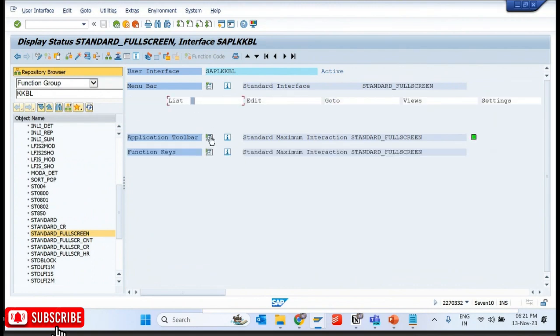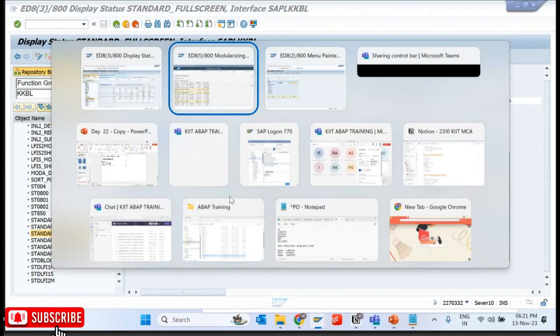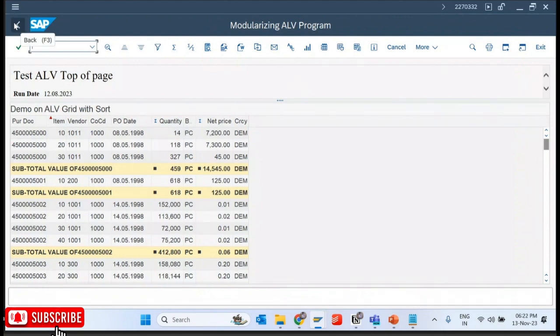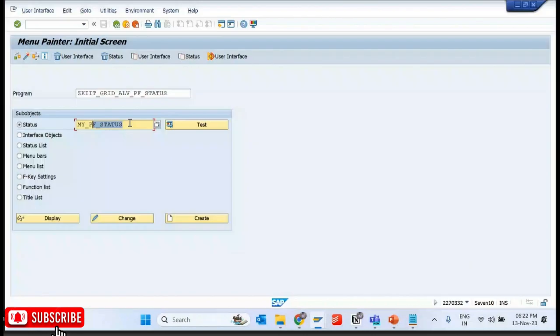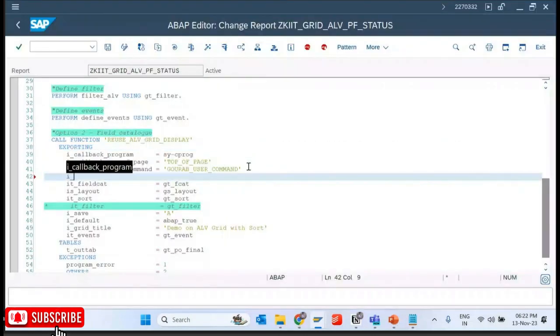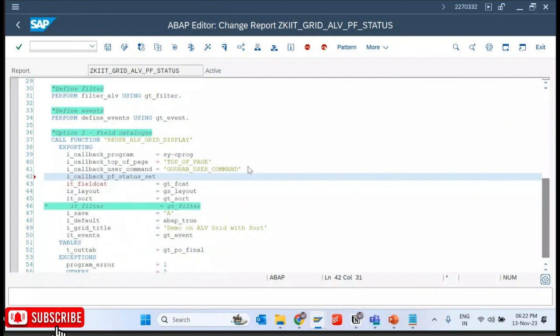Okay. All these things are there. But I don't want this. I want my own GUI status. So for that, I have created a GUI status, and here I have to set it. So here I can do PF status set. Here, what I have to provide? I have to provide the name of the subroutine. Set my PF